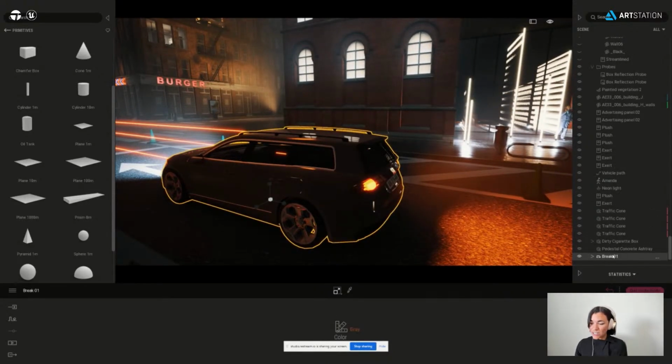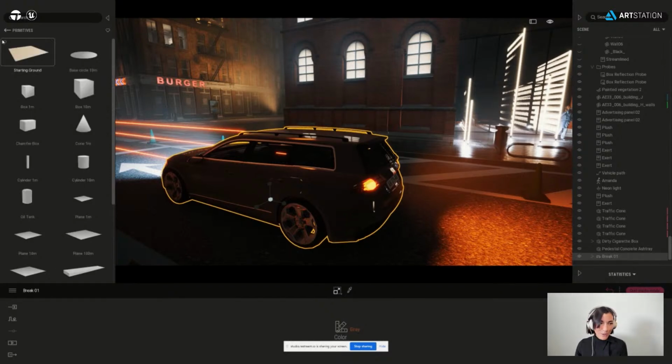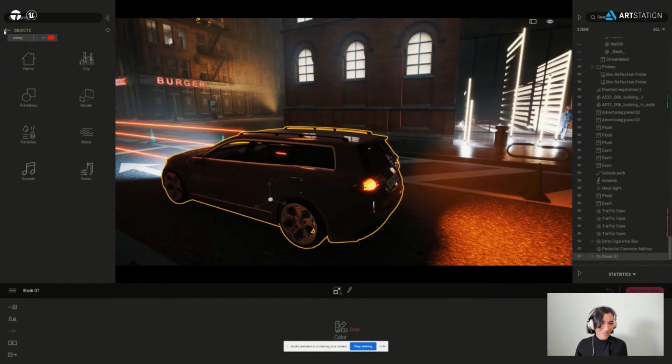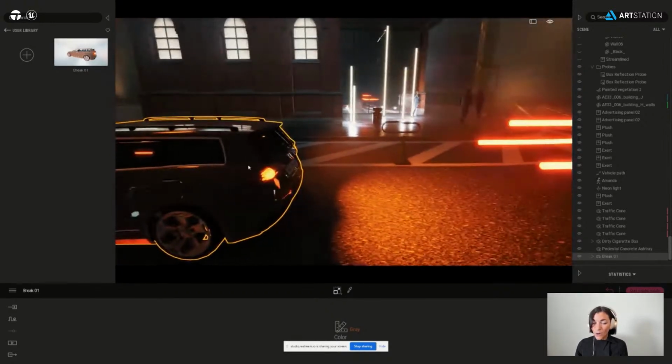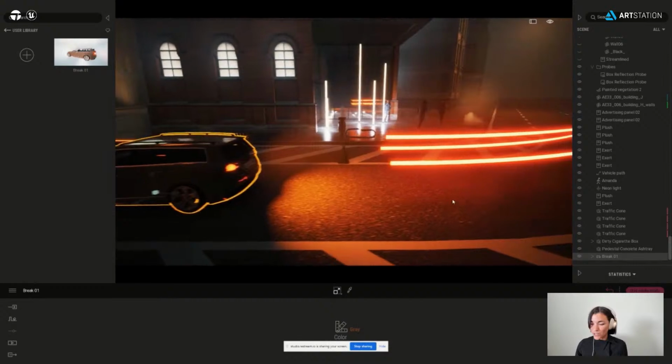into a folder. We have it named Brake 01. Then if you wanted to, you could add it to the user library. If I go to the left-hand side and go to user library down at the bottom, you'll see that the Brake 01 is now in here. So what I could do is go back to the road,